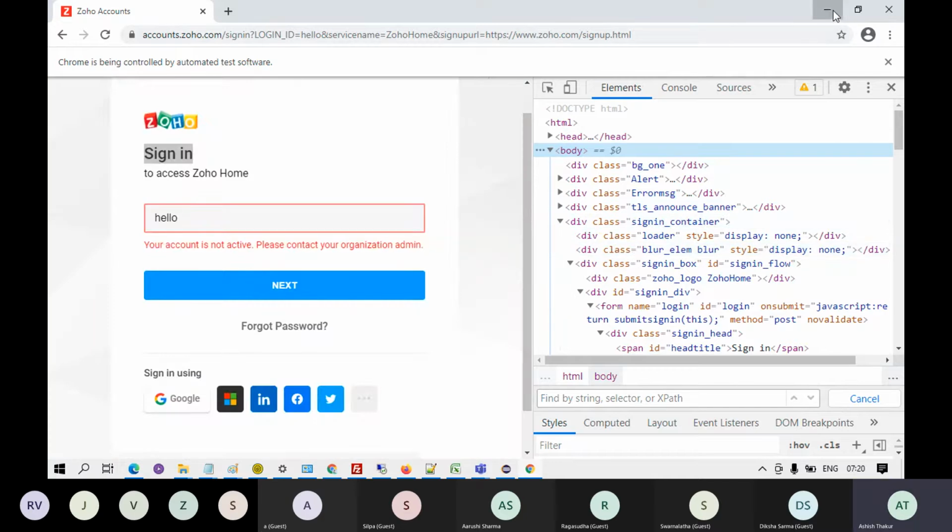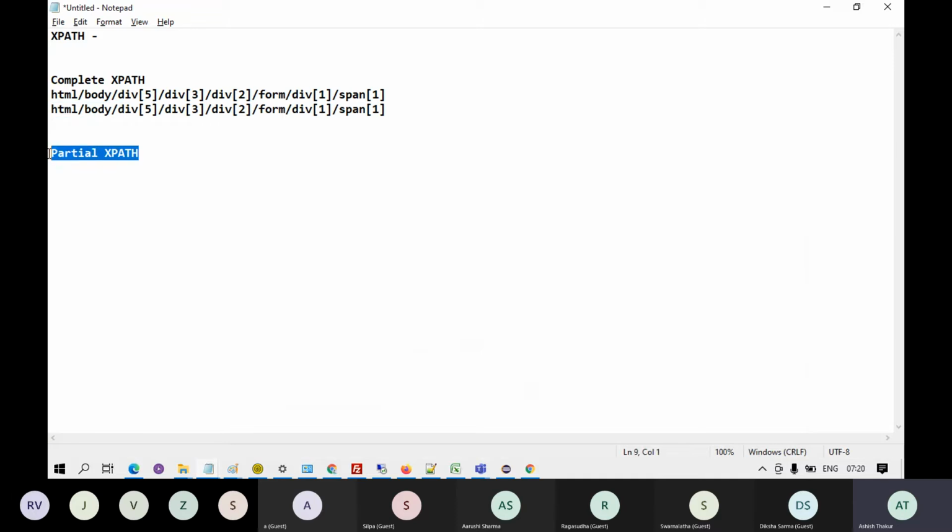Okay, what we prefer is partial XPath. Partial XPath is something which starts with a double slash. Okay, complete XPath can start with a single slash as well. If you want, you can put it. If you don't want, you can omit it. But partial XPath mandatorily starts from a double slash.